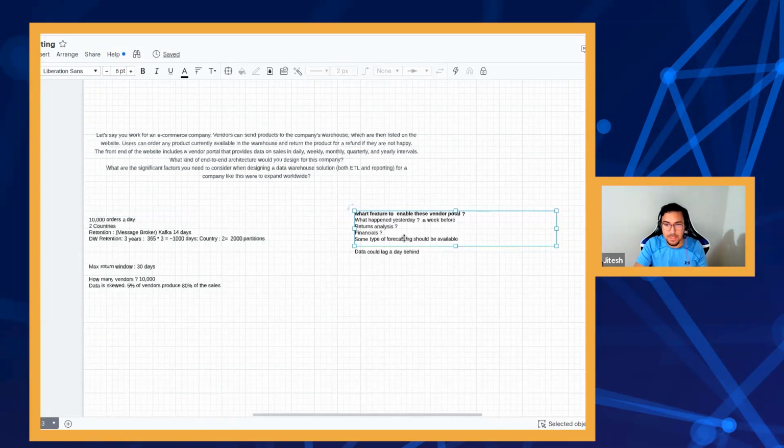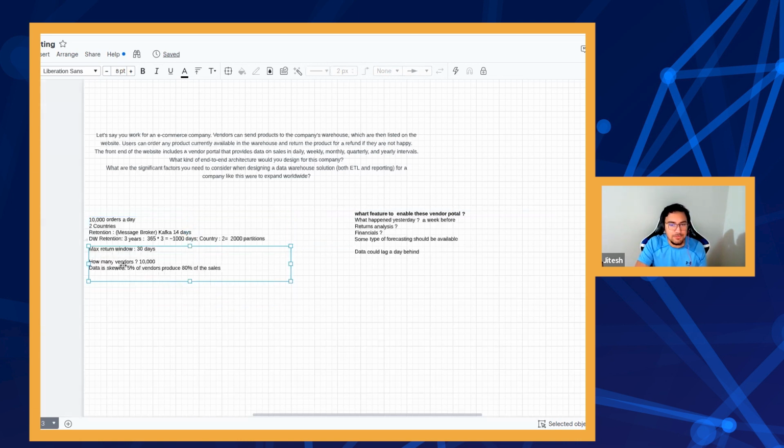is essentially my functional requirements. The data could lag a day behind is a non-functional requirement for me. These are the things like 10,000 orders, retention, return window. These facts we'll use in the design which we make, so these could be constraints. This is what we are after, and this is the latency or SLA or non-functional requirement which you're trying to